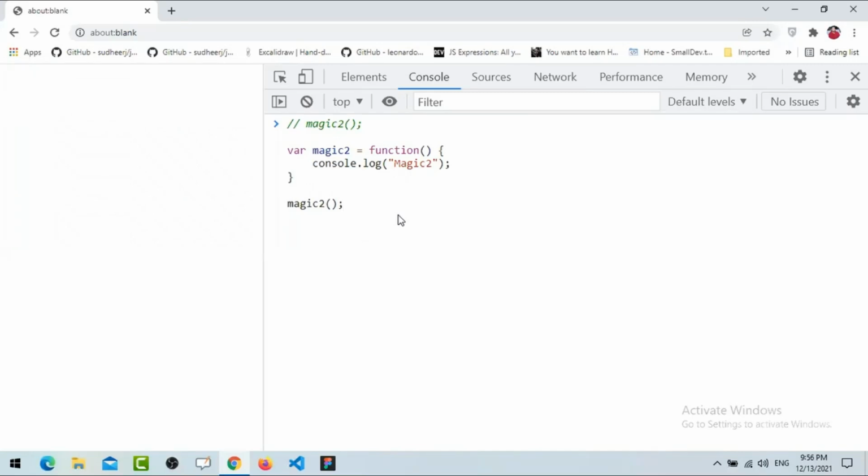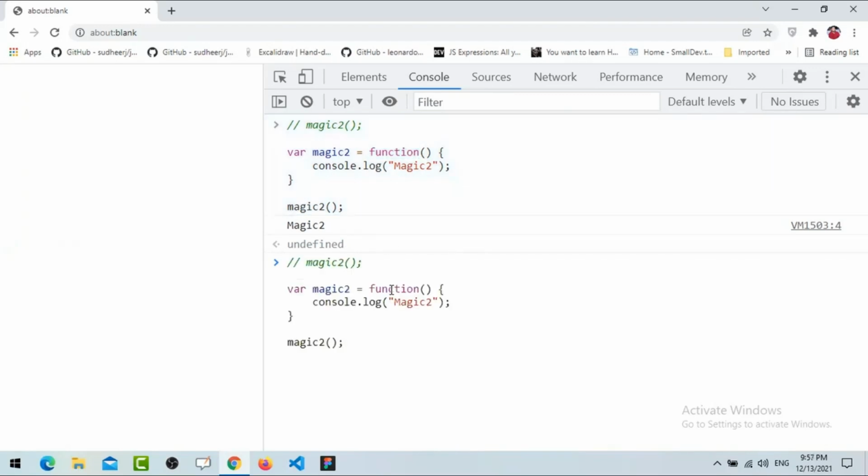Here we have just function. Yes, it is going to execute, and you will get magic 2. So always remember, whenever you are using a function expression, you need to declare a function, and then you can simply write the parentheses, the same way as we define a normal function. But it is not possible with this,